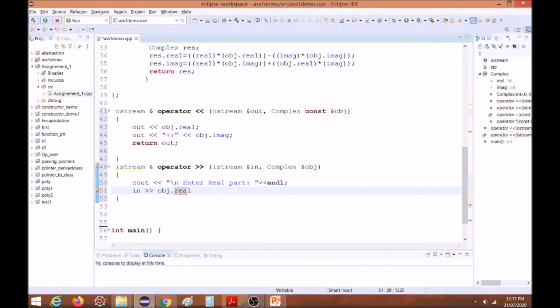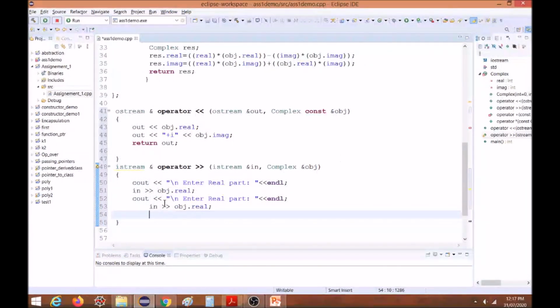Then similar thing for the imaginary part: enter imaginary part, and we have to accept it in obj dot imaginary. Okay, now after accepting it, what we have to do is return this in object, it will be returned to cin. This completes the function.